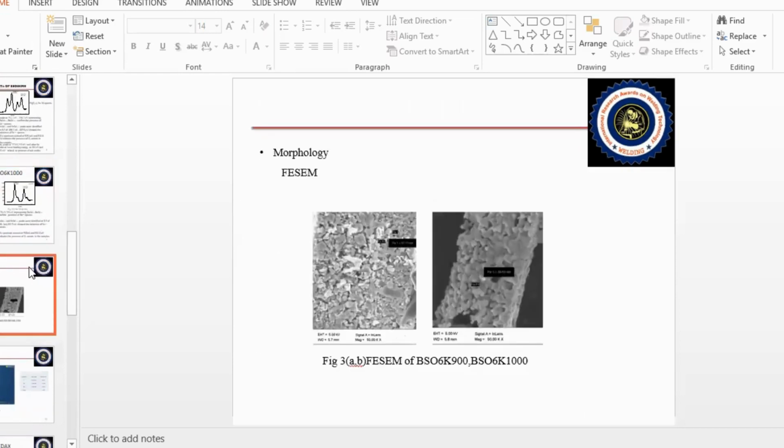The microstructure of the sintered pellets after dielectric measurement were observed from FESEM as shown in the figure. Both BaSnO3 samples have a polycrystalline grain structure with granular morphology of different sizes. The figure shows that for BaSnO3 900 sample, the grain growth is not distinctive and the grains are isolated. For BaSnO3 1000, the collapse of adjacent grains takes place and it has a denser and uniform microstructure than the sample